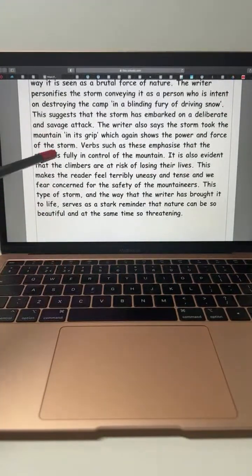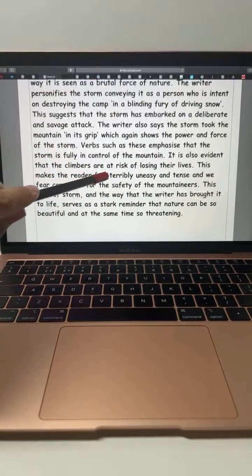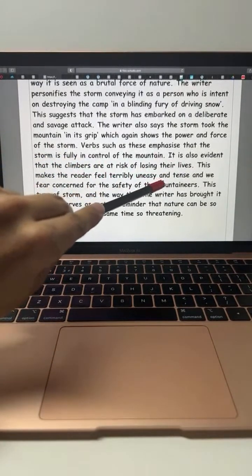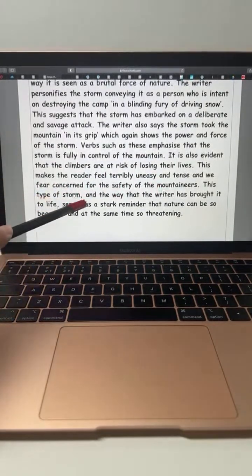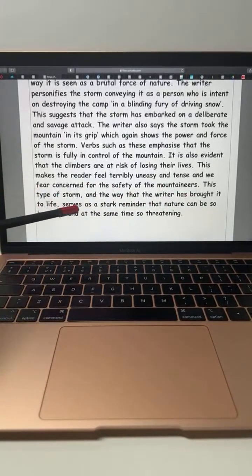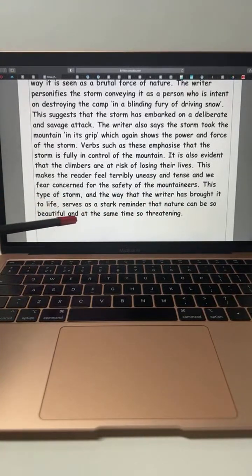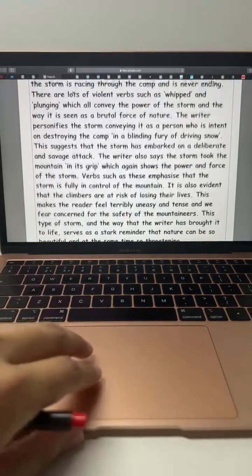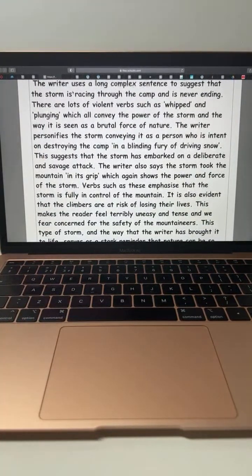It is also evident that the climbers are at risk of losing their lives. This makes the reader feel terribly uneasy and tense, and we fear, concerned for the safety of the mountaineers. This type of storm and the way that the writer has brought it to life serves as a stark reminder that nature can be so beautiful and at the same time so threatening. Okay, so look at that paragraph, an amazing, amazing paragraph, very detailed, and definitely an example of a level 4